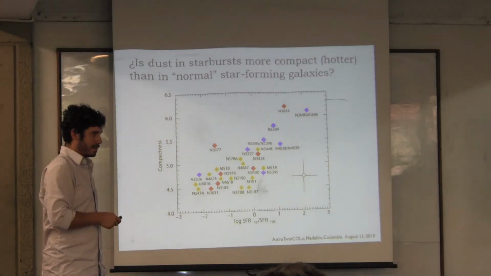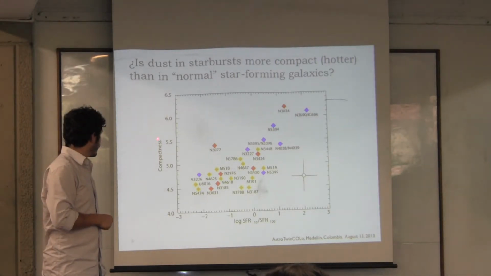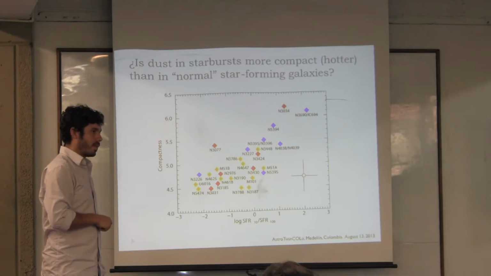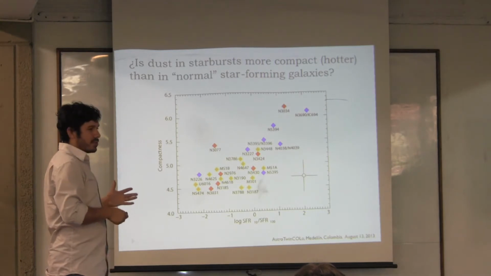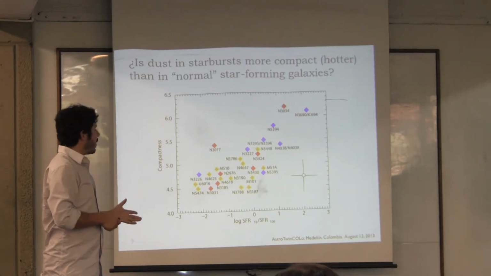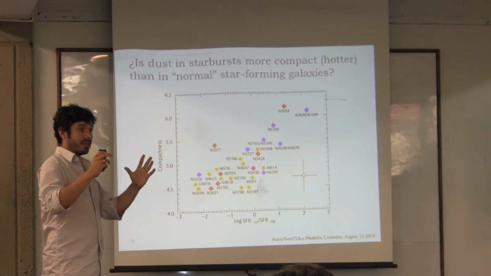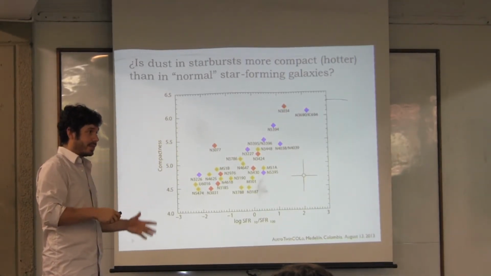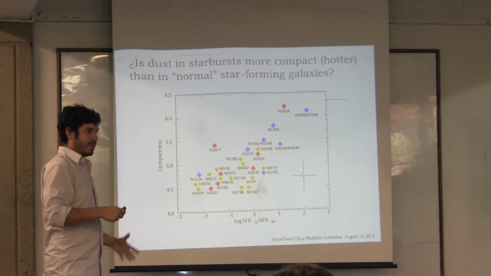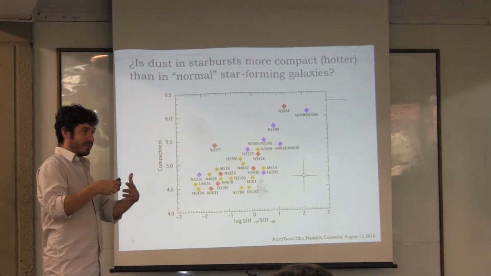Yes. Does the compactness number have something to do with the shape, the classification of the galaxy? Well, that's exactly what seems to be the case. I mean, apparently the compactness, which is just measuring something related to the dust in the ISM inside those galaxies, has something to do with where those galaxies are in the interaction sequence.